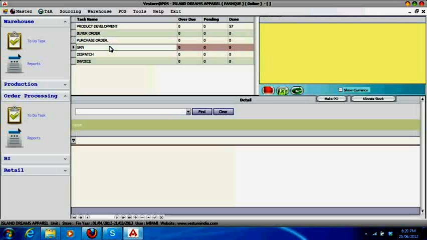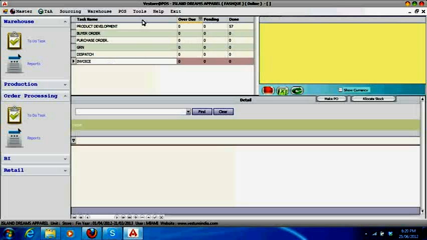GRN. Stocking in that product after the purchased product has arrived in our organization. Dispatching it after having the stocking in of the product and making finally its invoice to the customer through this.